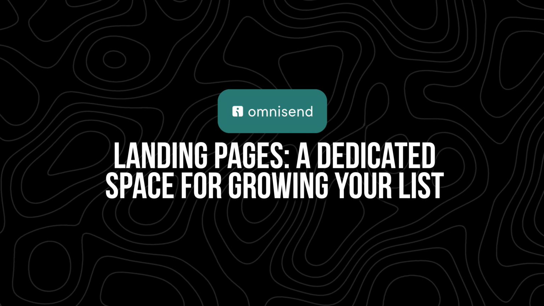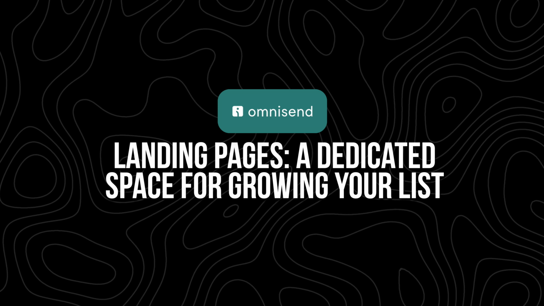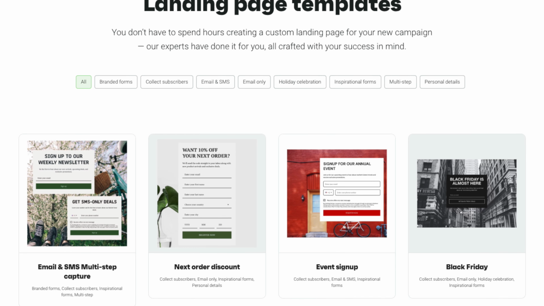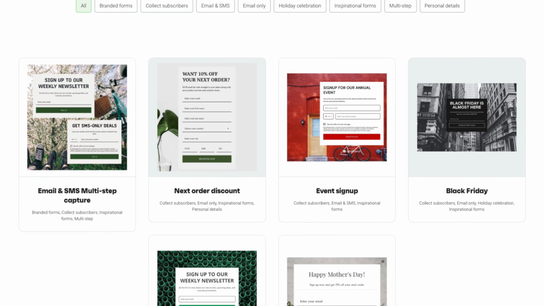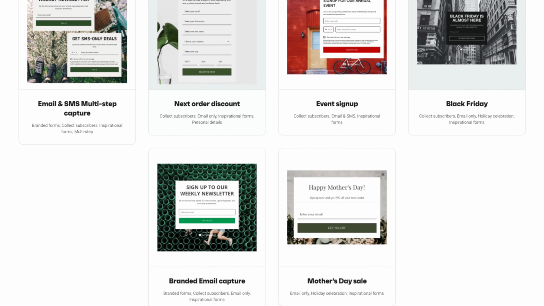Next is landing pages. This is a dedicated space for growing your list. If you're running ads, promotions, or a special offer, sending traffic to a dedicated sign-up page can dramatically increase conversions. Unlike a pop-up that appears for a few seconds, a landing page is 100% focused on